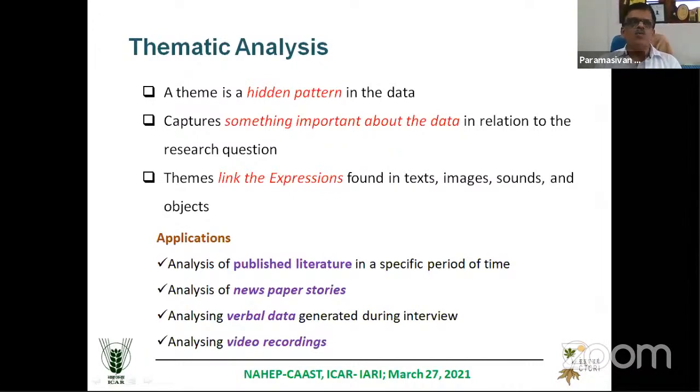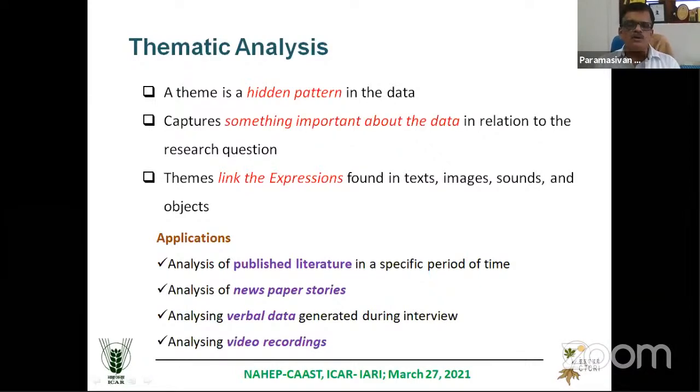You can see what kind of effects, what kind of problems farmers are facing phase-wise, in a kind of longitudinal way. Like in a particular phase, this is the major problem. In that second phase, this is the major problem. Like that, you can develop a paper. That is, newspaper stories you can do.